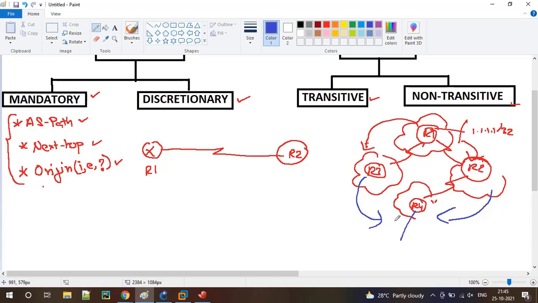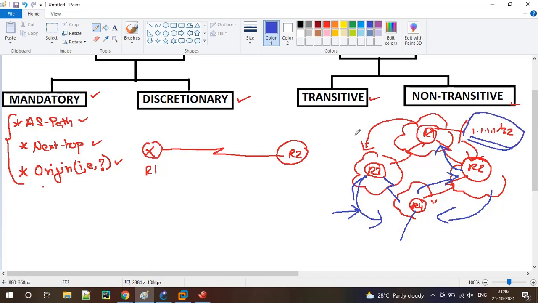What is the guarantee that R4 is not going to advertise the same 1.1.1.1/32 back? Let's say I have received an update from R3. Now R4 sends this update to R2, and when R2 receives the update from R4, R2 sends it back to R1. But this prefix was originally originated by R1 itself.